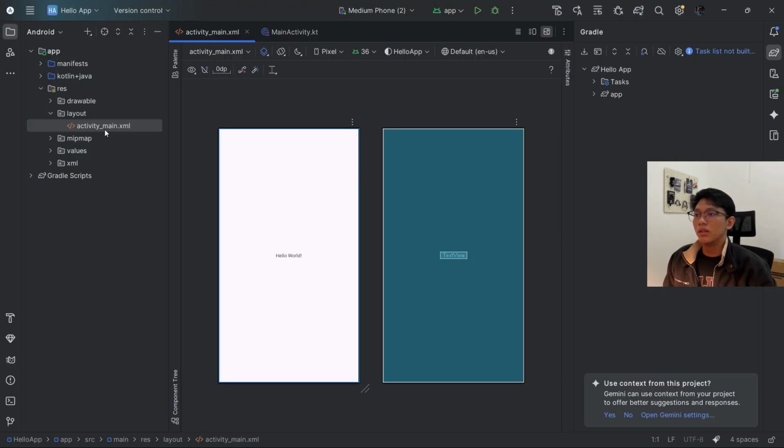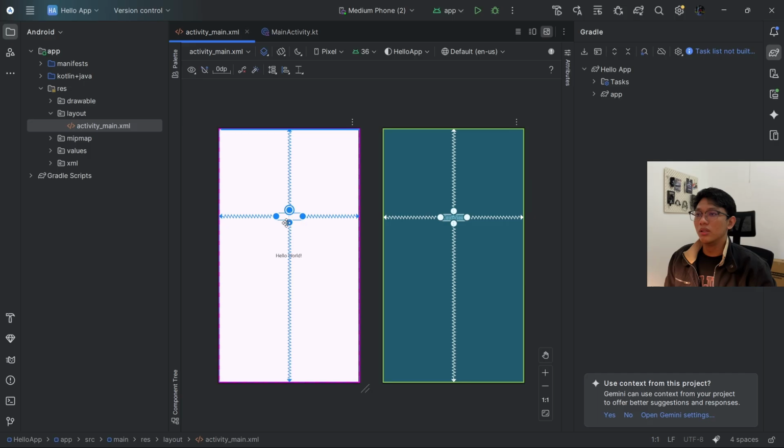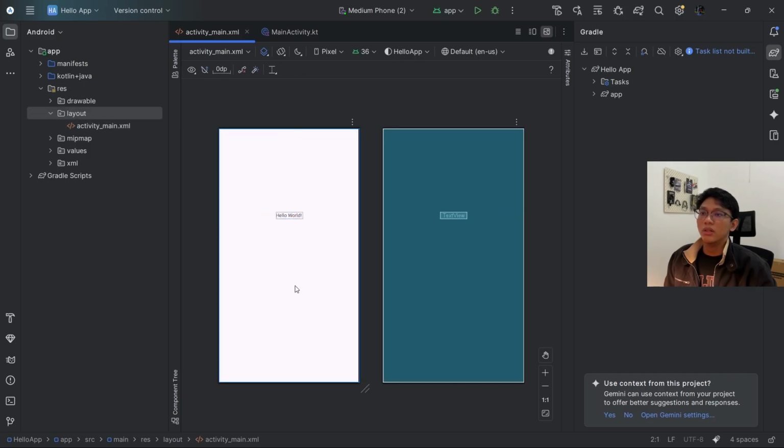Here we can design the application interface directly by dragging objects like this. However, this time we will use code. We just click this icon, or you can press Alt plus Shift and right click.